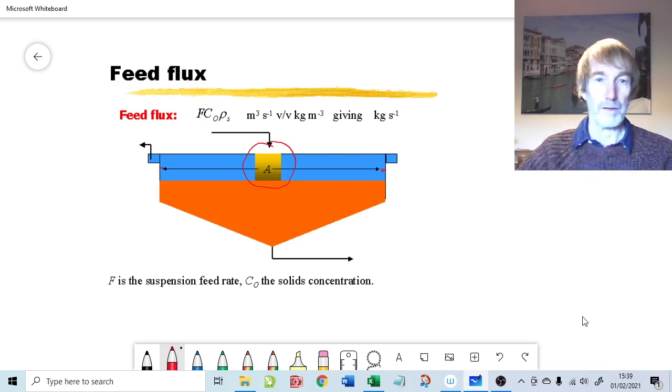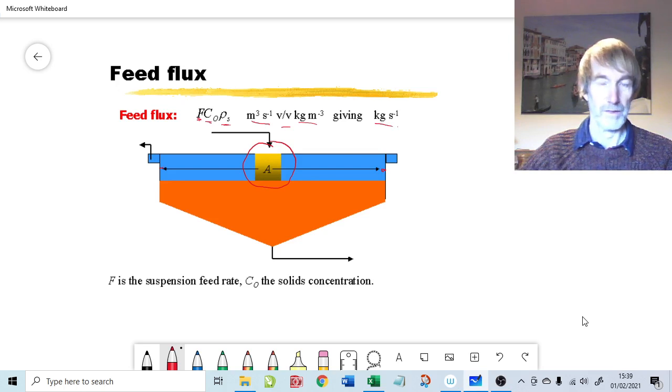A key part to the analysis is this simple flux balance, where F is the feed rate, meters cubed per second, C0 is the inlet concentration on a volume per volume basis, so that means it's dimensionless, it's the volume concentration of the feed going in. Rho S is the solid's density, and if you work out what all these are dimensionally, meters cubed per second, volume for volume, dimensionless, kilograms per meter cubed, that gives you a flux in terms of kilograms per second of